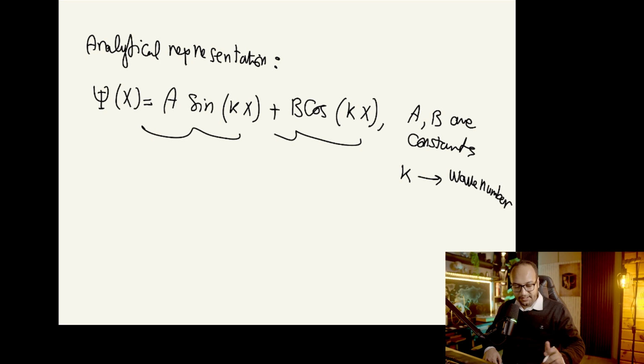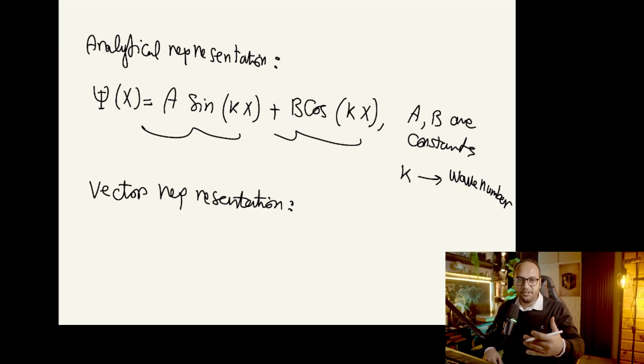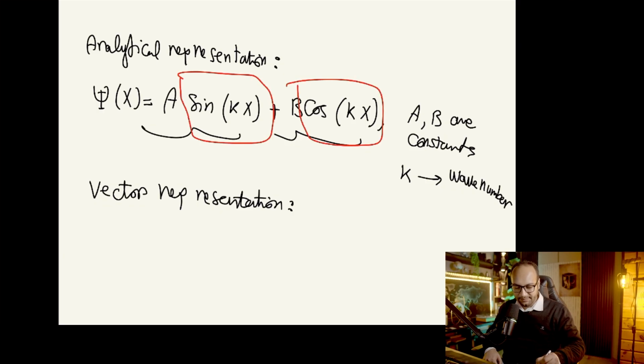However, we can have an alternative representation called vector representation. In the vector representation, we look from a different perspective at the quantum state as a living vector, or an object, in a computational or Hilbert space. It means we ask ourselves this question: what are the fundamental components that compose this particular space? In our case here, we have two components: the cosine kx and the sine kx. Then, if these are orthogonal to one another, and also, of course, orthonormal, so that the state is normalized,